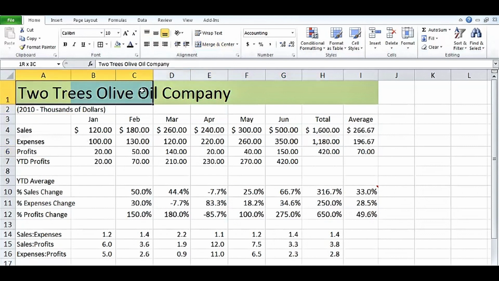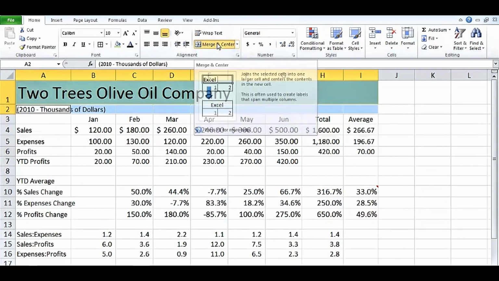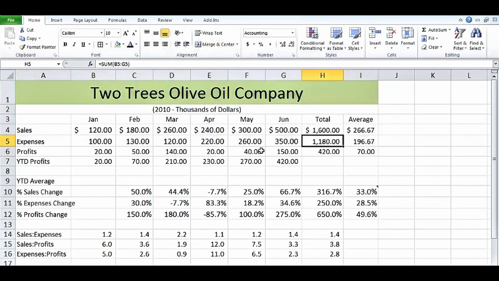Well, not really. Highlight this data and then letting go of the left mouse button, and now using the control key, highlight this data here, left to right, merge and center to take care of both of those at the same time. Not so well known and probably not as much needed is the fact that you can also center